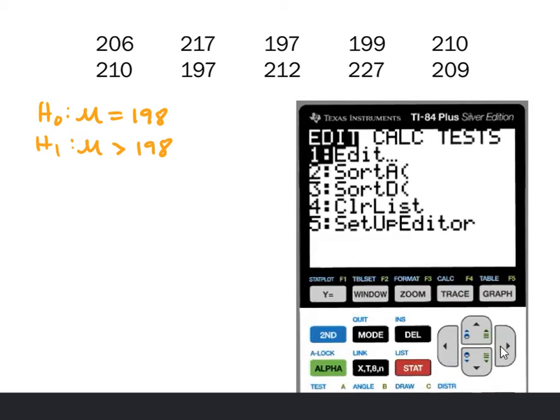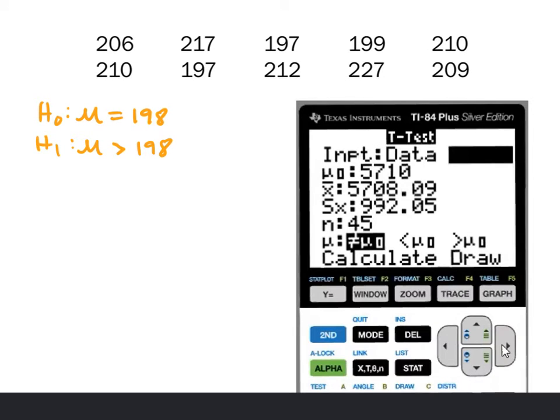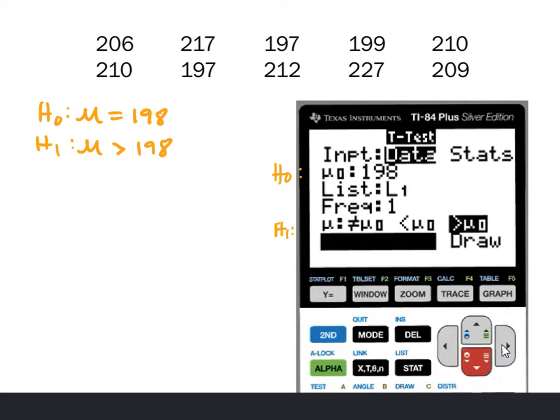And so I'm going to go back to STAT, over to TESTS, T-Test. Now I've got to get back over to Data. This is where I did the last example, which was Stats. Go to Data. I need to change my null hypothesis to match the new problem. My list is in L1, so I'm good. Frequency stays 1, I don't need to change that. And then my alternative hypothesis, I need to change to greater than. Then I can calculate,